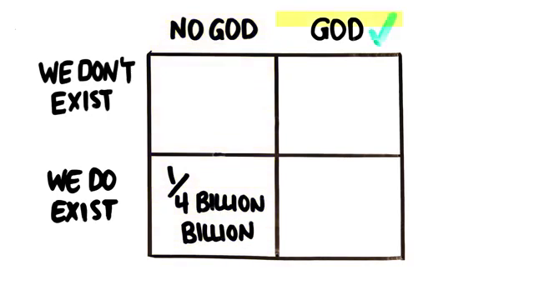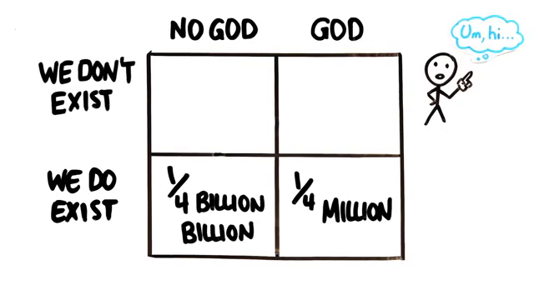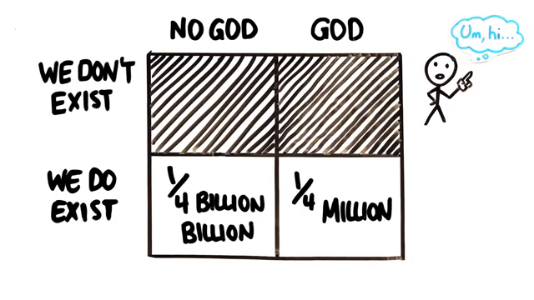And if God is real, even though we don't know that God would make humans, certainly he could, so let's give it a higher probability of 1 in 4 million. Of course, if we examine the evidence, we know we exist, so we can get rid of the other row. And as many who have used the argument by design point out, a human-made world with God seems much more likely rationally and statistically. And while this is true in some ways, it forgets an important point, that we have